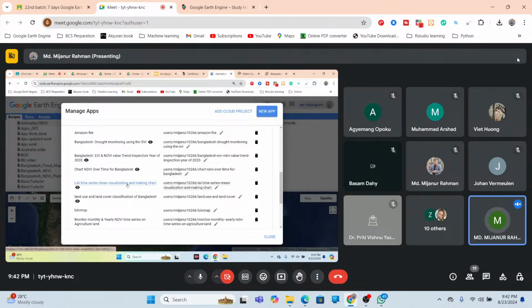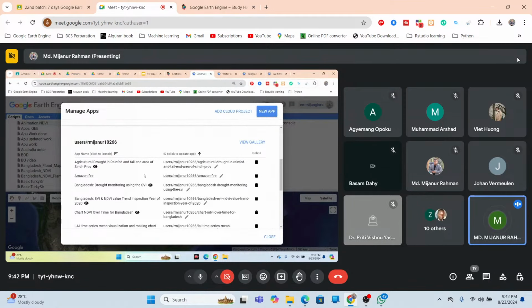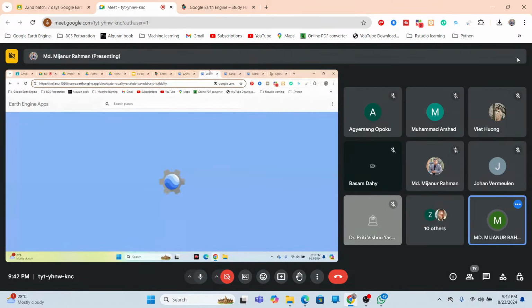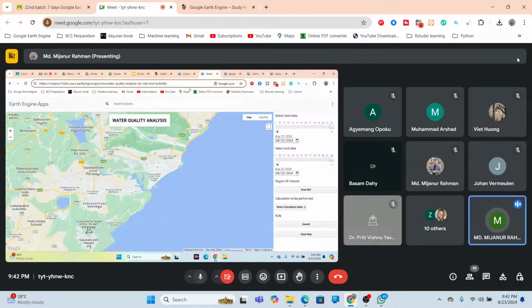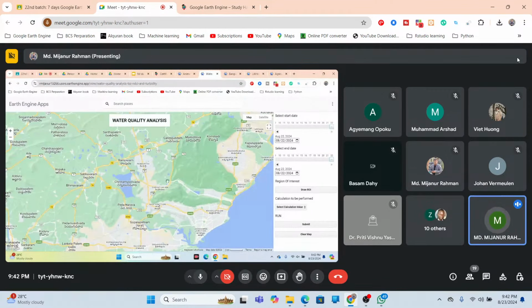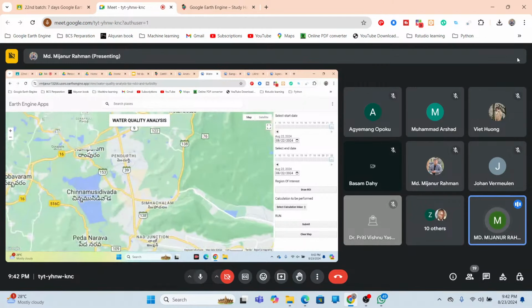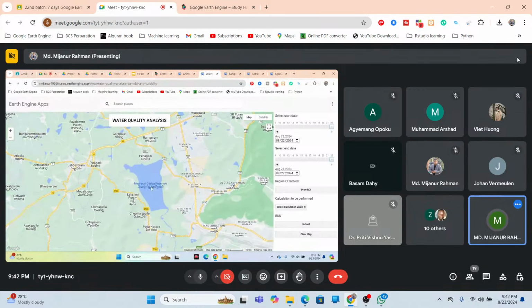Also, you can see the leaf area time series chart. Also, you can see the agriculture drought. So basically, this type of web application we also use to extract different types of remote sensing data, such as this web application, which is useful for getting water quality parameters for a specific water body. Here you can see this is the web application. In this web application, I want to check water quality monitoring for this water body,